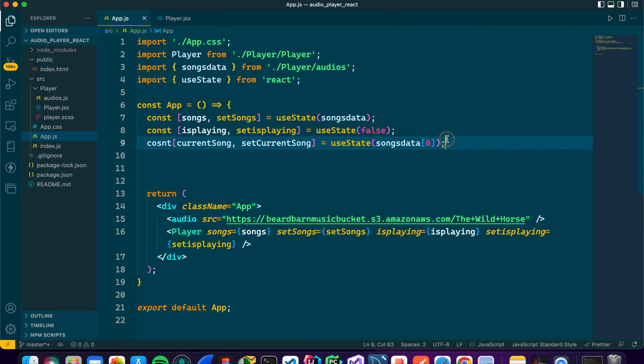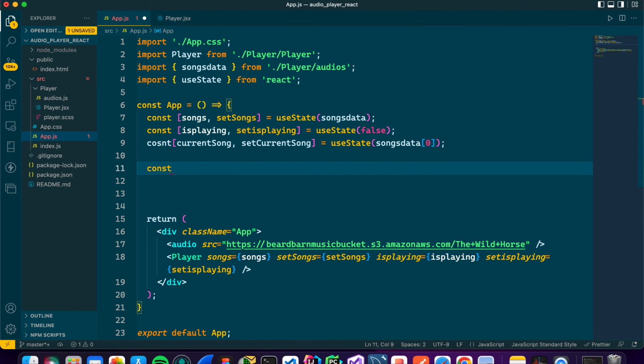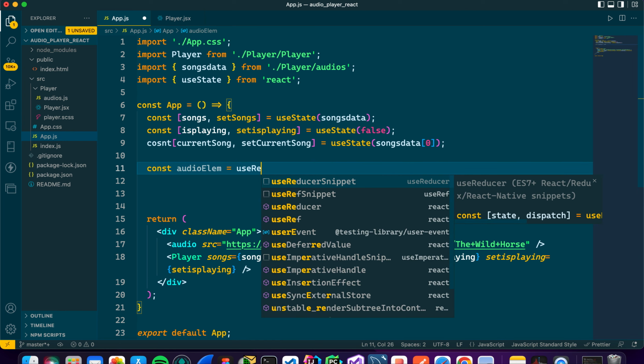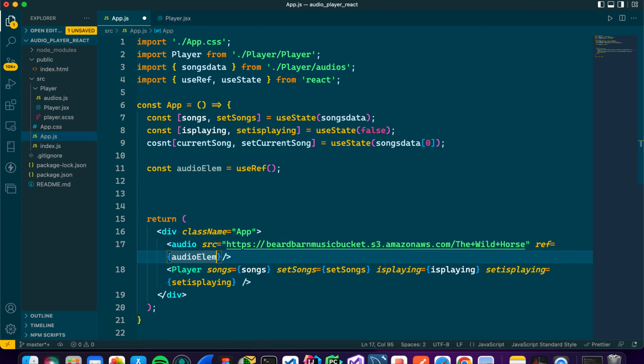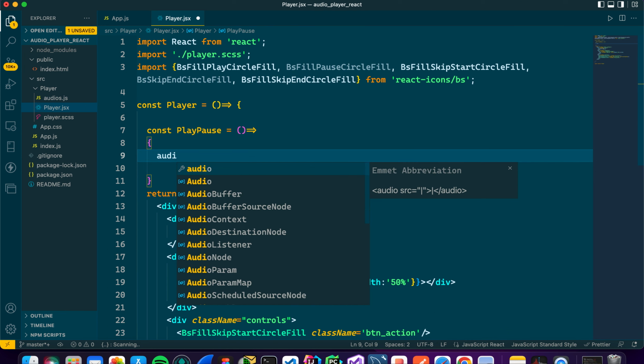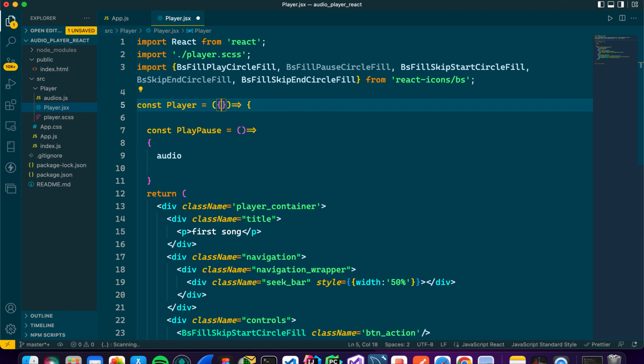The play button doesn't know what to play, so we have to have some reference to this audio tag. To do that, I'm going to use another hook, useRef. So I'll call this const audioElem, useRef right here, and I should be able to link to this one, ref audioElem, and let me pass this in too, because I'm going to need audioElem in the player component. Now in the audioElem, I'll have to get the props here, audioElem